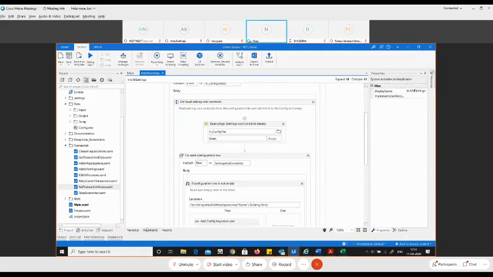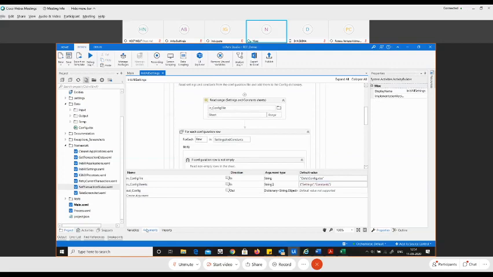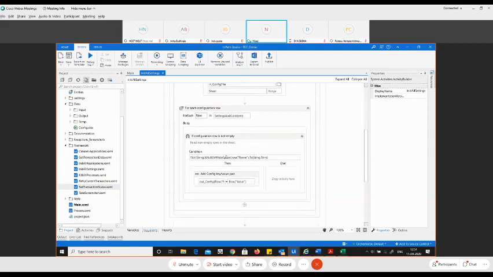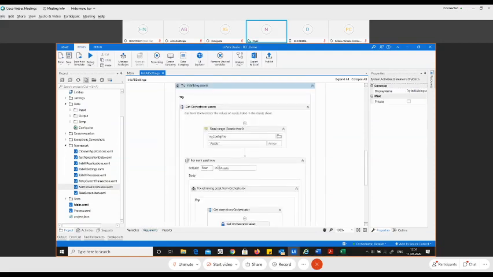The first thing you can see over here is in the argument section. This is the path, saying read your Excel file from here, and from the Excel file read only the 2 worksheets, that is the Settings worksheet and the Constants worksheet. Over here they're using a For Each loop to read the sheets. First we read the settings, second we read the constants, and we put all the values inside the out config variable. After that, we're using a Try Catch activity to handle any exception that occurs. Over here we are reading the asset configuration. Assets are read differently because it's not necessary to read them every time, but it's very necessary to read the settings and the constants.